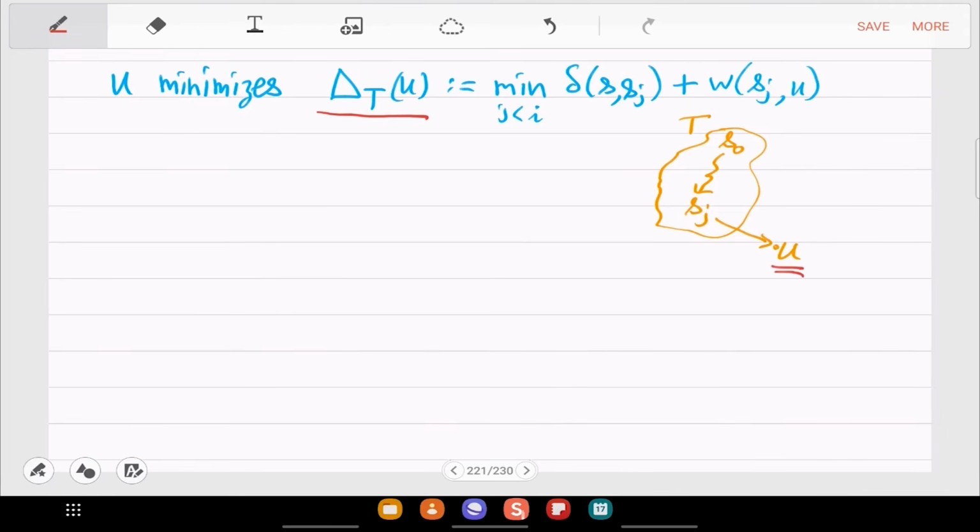So this is what you want to find, the distance from the tree. Right, so just try this for all the U's, for all the Sj's which are connected to U by an edge. Okay, so you have to minimize this expression.